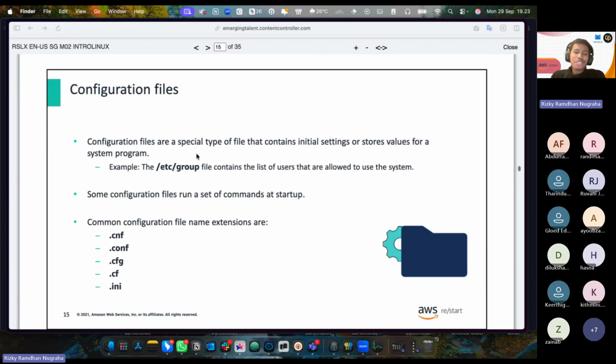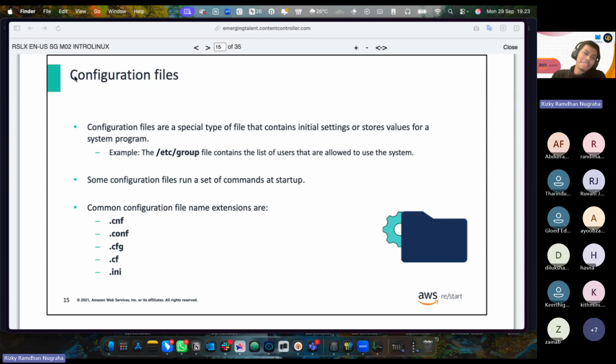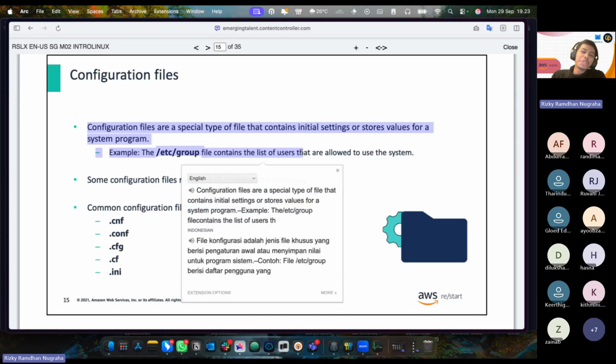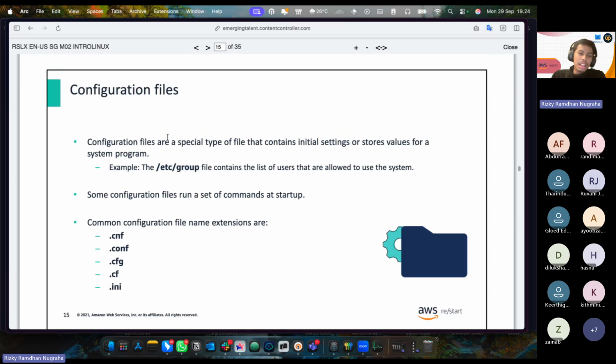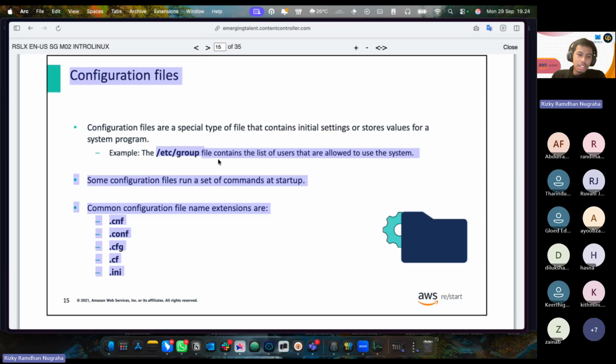Okay, and configuration. So in the Linux system, there is a configuration. If you install some package like a web browser, you have to configure that software or package. Like you have to configure the DNS system, the IP, the configuration. So you have to configure that, and the configuration files are in the folder of